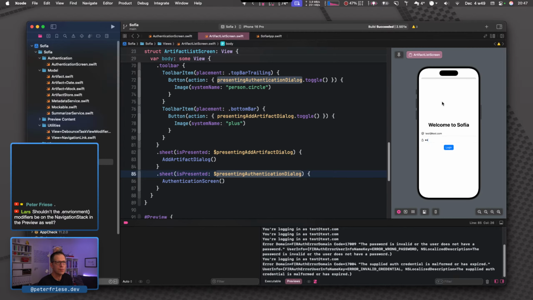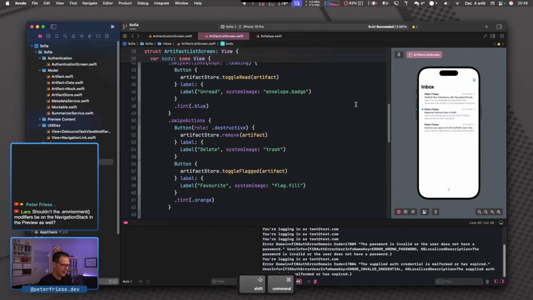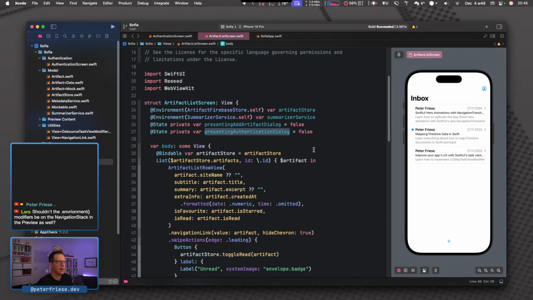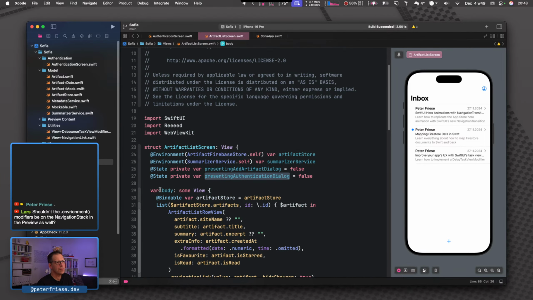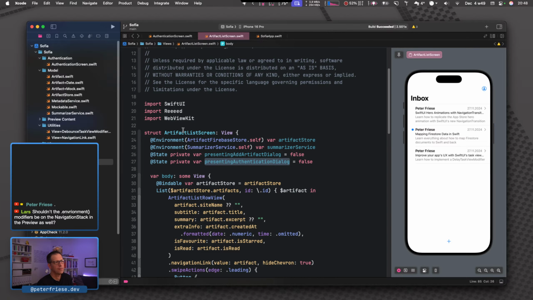But what I want to do now is try to show a different icon up here if the user is signed in. And to achieve that, I think we'll want to have a reference to the authentication service in this artifact list screen so that we can show a different icon for the button.